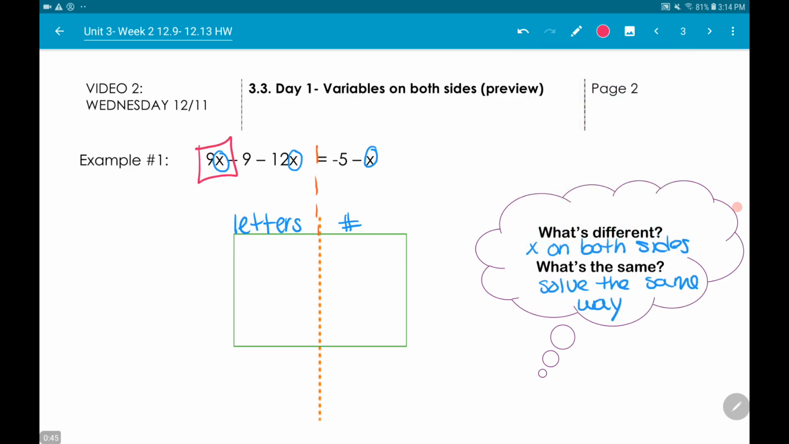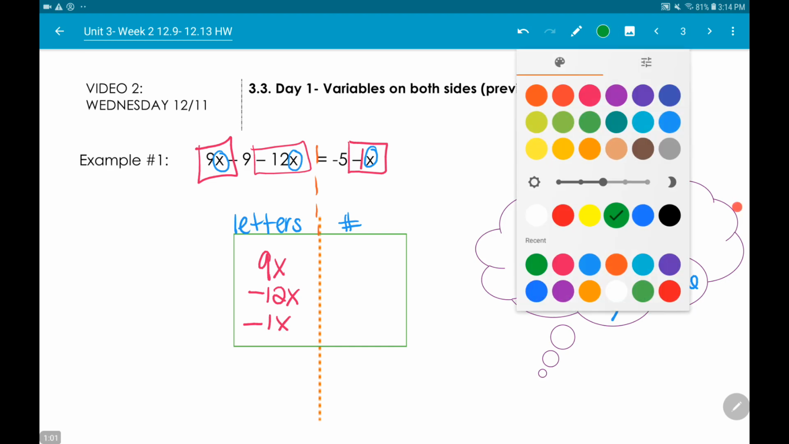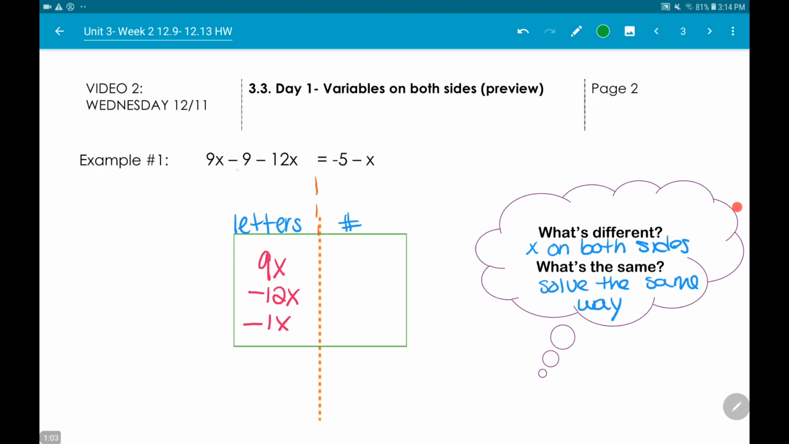First term, 9x, it's a letter. Negative 12x, also a letter. And are there any more letters? Yes. Negative x, which is the same thing as saying negative 1x. All right, I can't really see what's happening, so I'm just going to erase that. All right. Numbers, I have